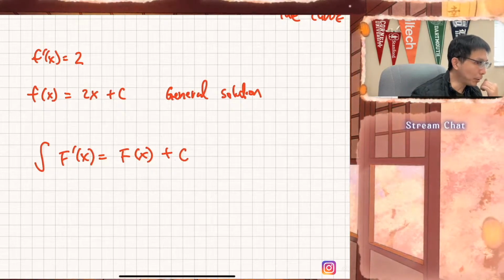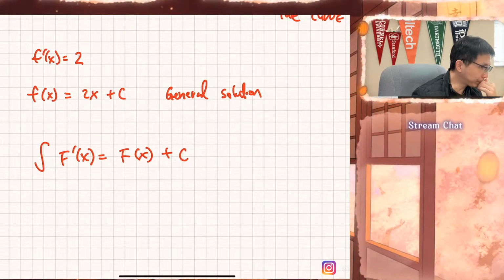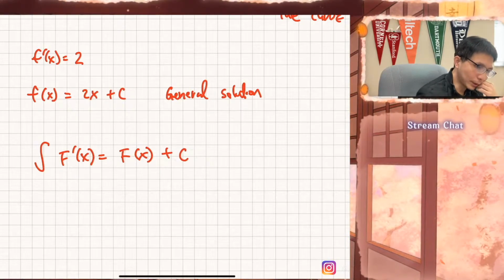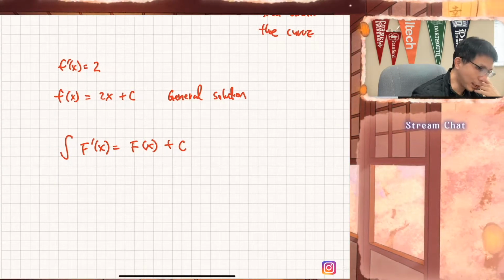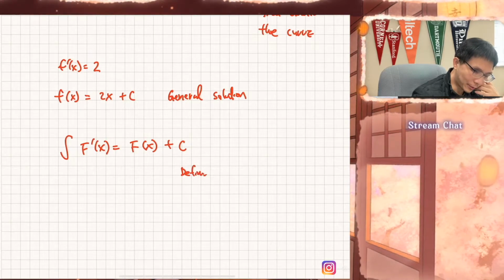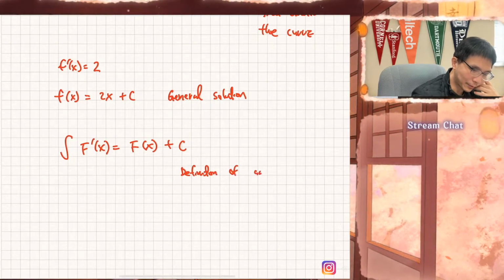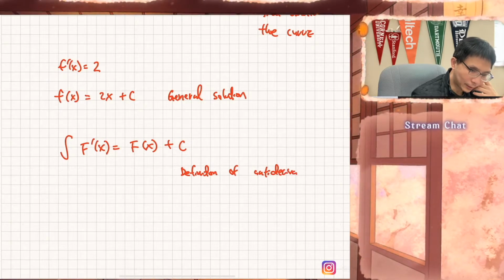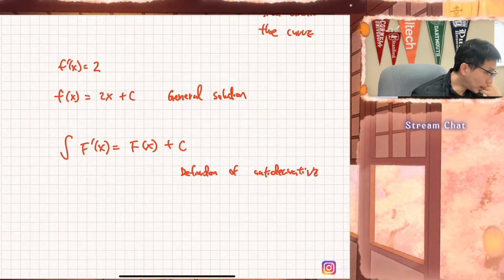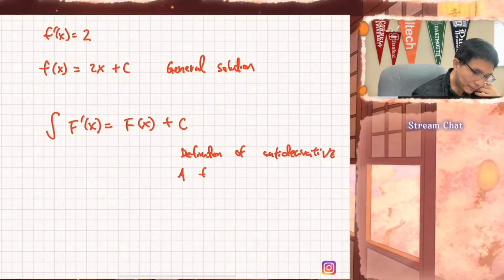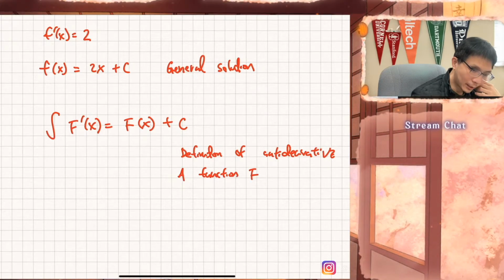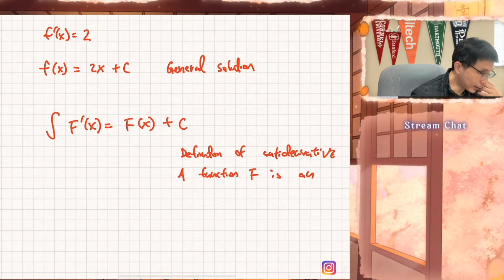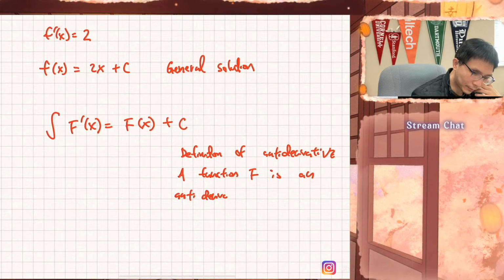But I will tell you that in the book, they also talk about something else. They say, in the book, this is the definition of antiderivative. So the definition of antiderivative: they say a function, the big F, is antiderivative